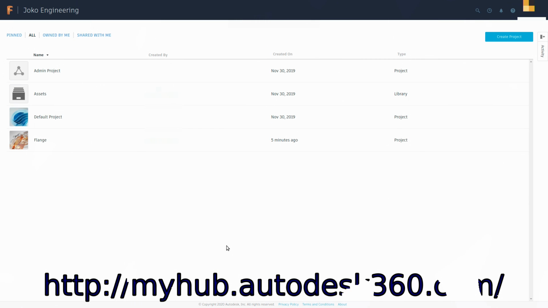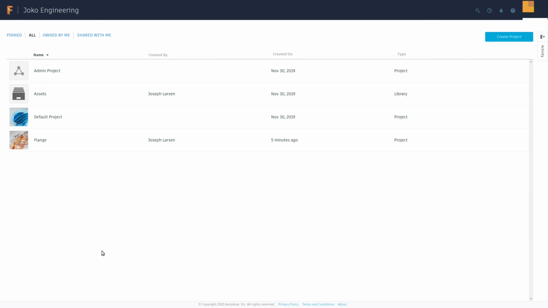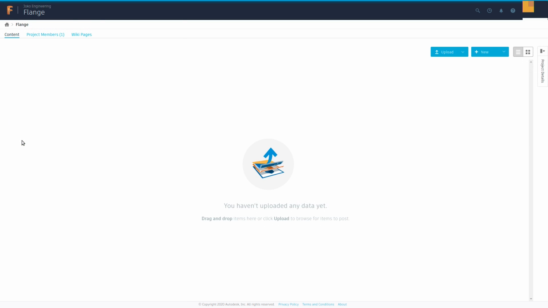The next way is a little bit more interesting. So you go to myhub.autodesk360.com. I'll put the link in the description. You sign in, and you can create a project, right? So here I've made a project called Flange, and we can come to the drop-down menu here and say New